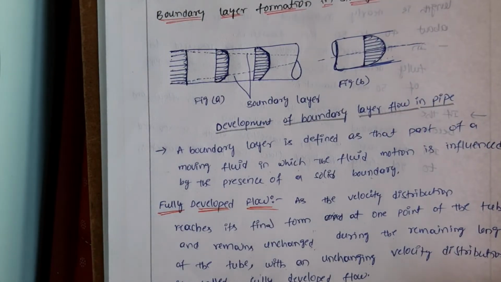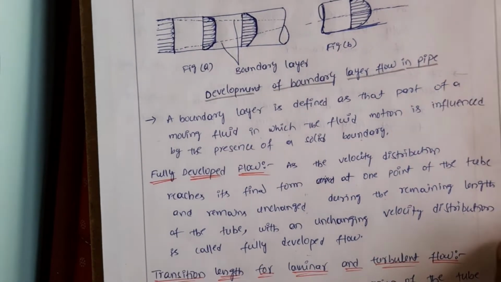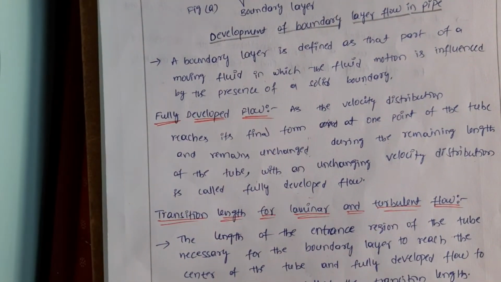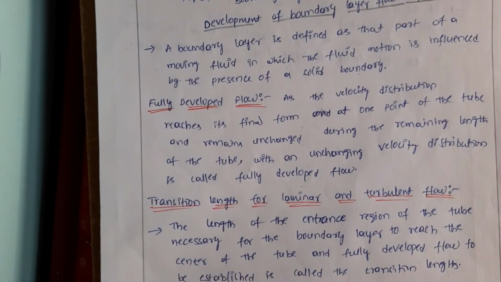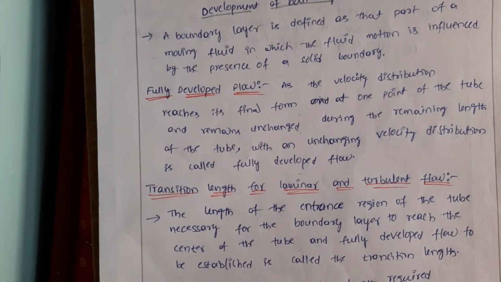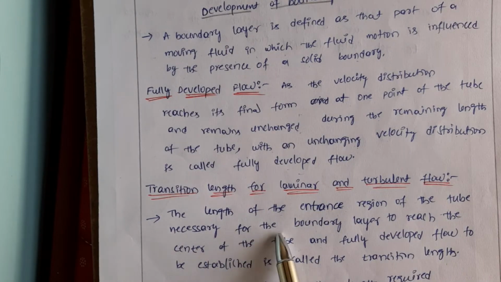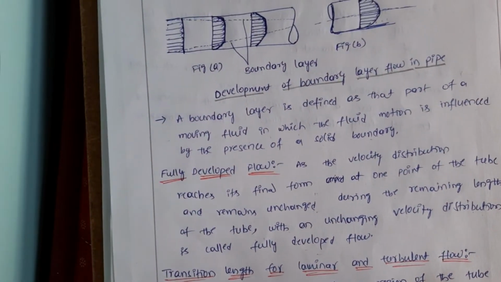So now we will see what the transition length is for laminar and turbulent flow. The transition length is defined as the length of the entrance region of the tube necessary for the boundary layer to reach the center of the tube and fully developed flow to be established. Okay, so as per the definition,